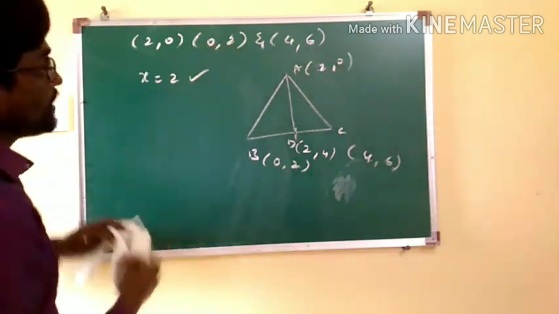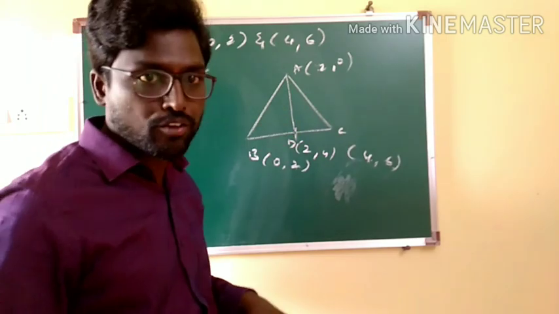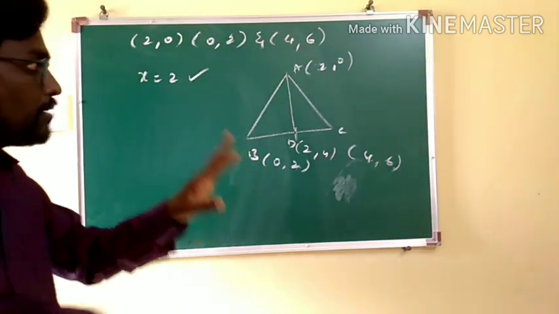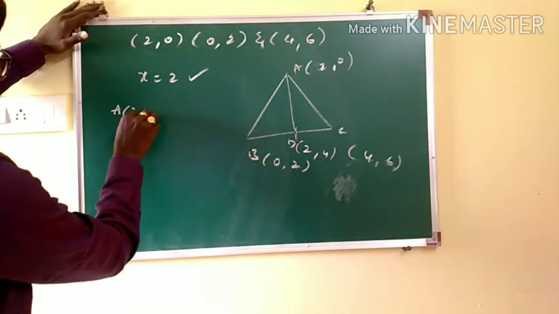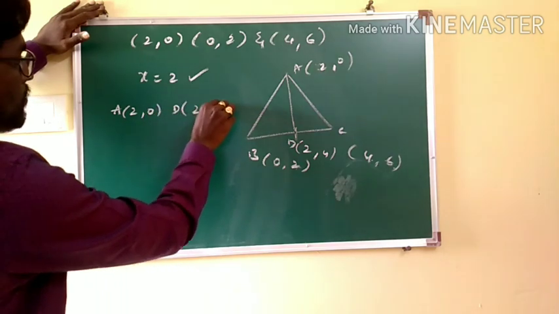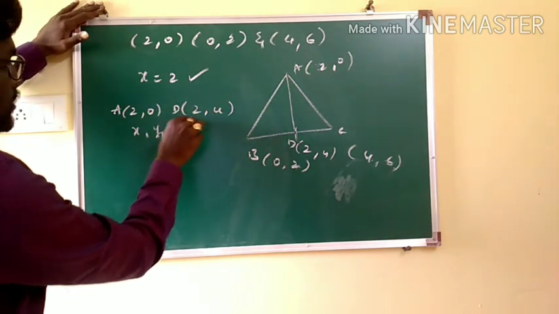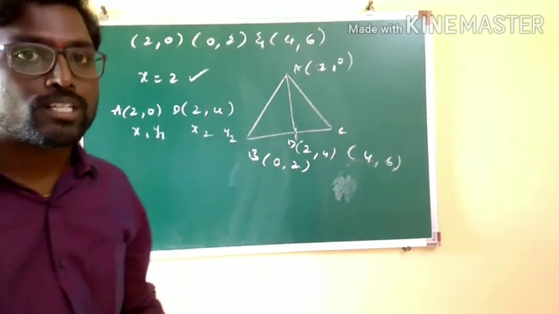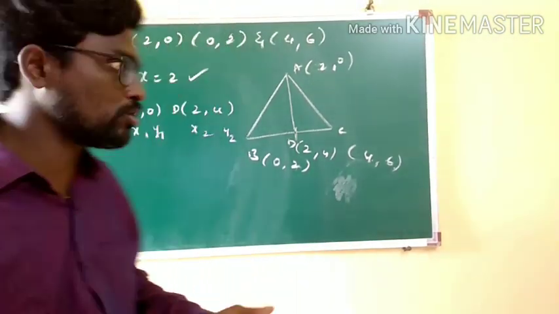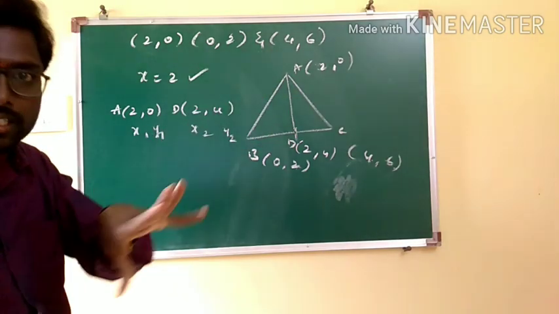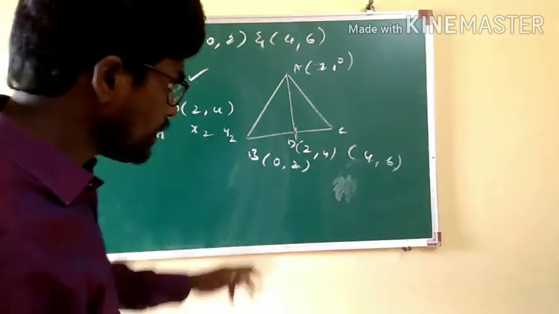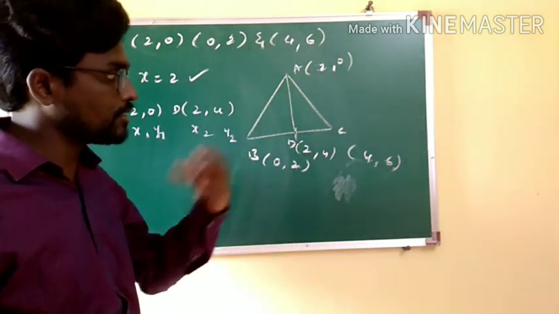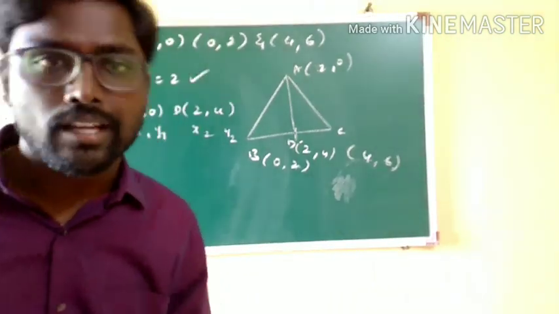Even on using the 2-point formula, that is y minus y1 is equal to m into x minus x1, you'll be getting the same result. If you have the point 2 comma 0 and the point 2 comma 4, if you treat this as x1 y1 and this as x2 y2, and you find the slope and use the point and slope formula, y minus y1 equal to m into x minus x1, it also will give you the same result, but it is a shortcut idea. What is the shortcut idea here? Since the midpoint is 2 comma 4 and this point is 2 comma 0, since both x coordinates are equal, the line equation is going to be x equal to 2.